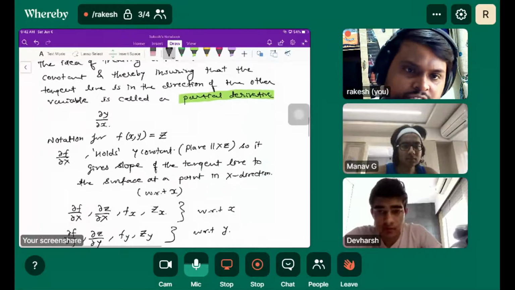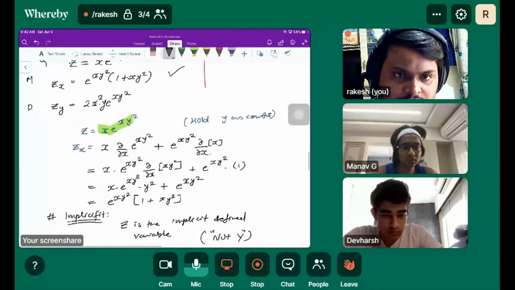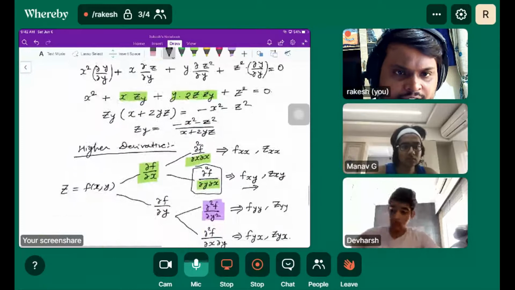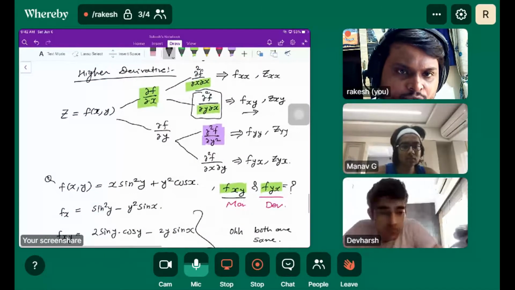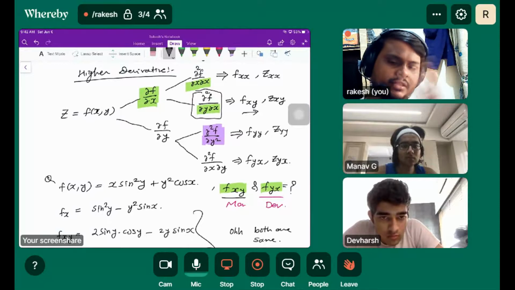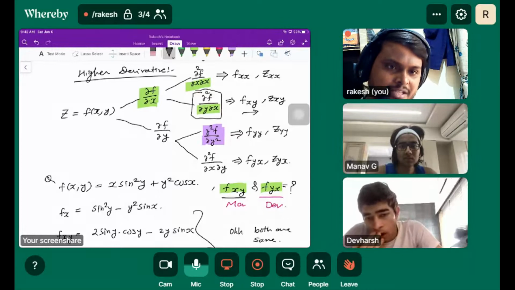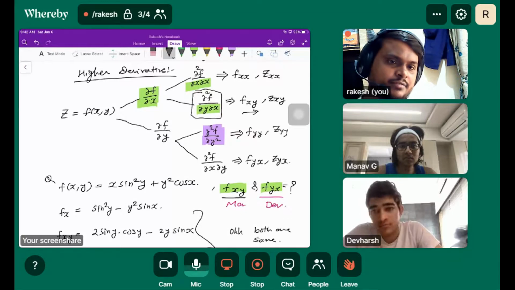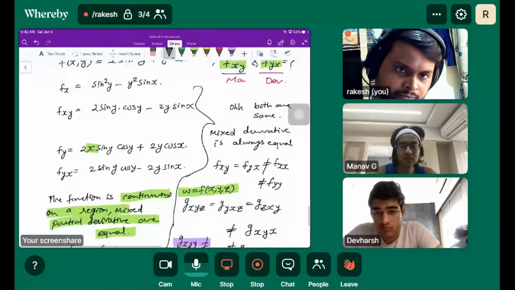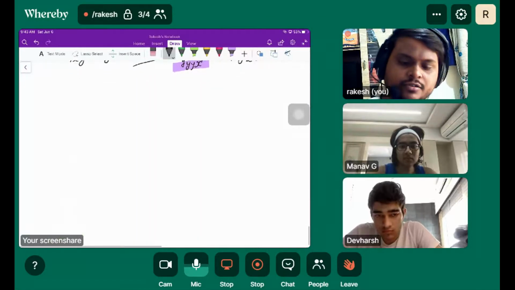So this is the partial derivative we have been doing, and we have practiced a lot of questions on this, holding one of the variables constant and finding the derivative with respect to the other variable. Then we came to know about the higher derivative, where we found the mixed derivative, which is with respect to x, then with respect to y, then with respect to z maybe. In that case, the mixed derivative is always equal for the given function, whatever the order is. Order doesn't matter.